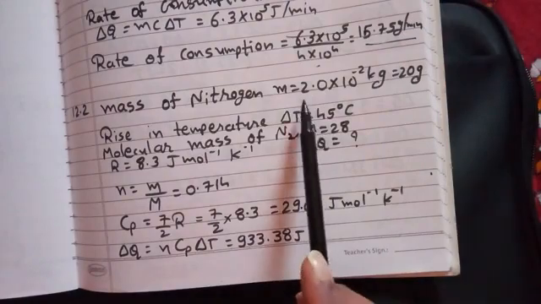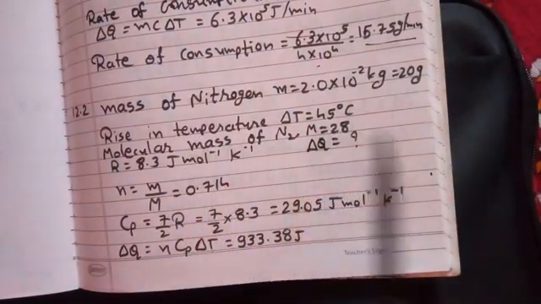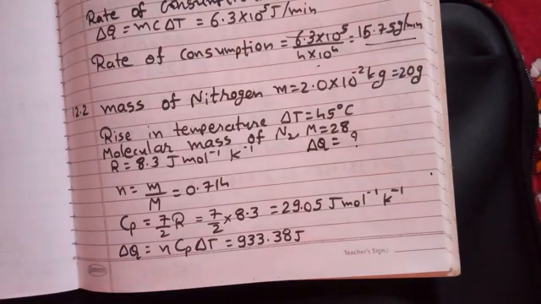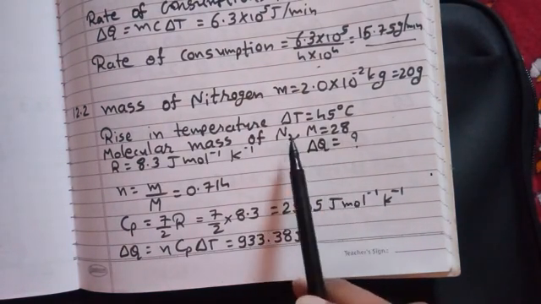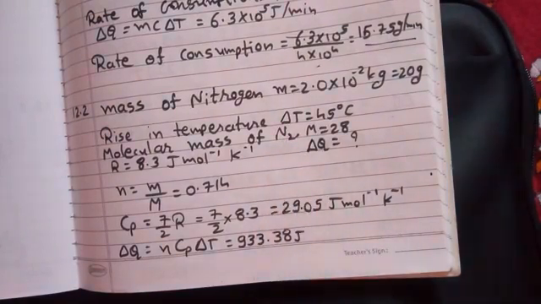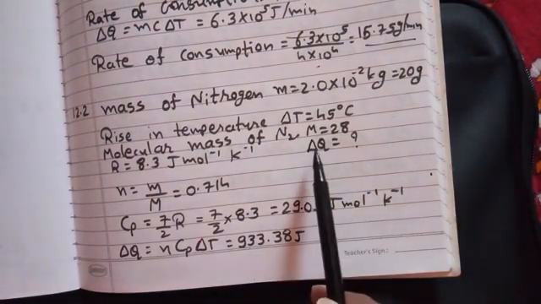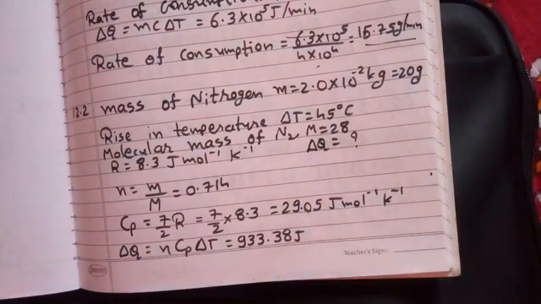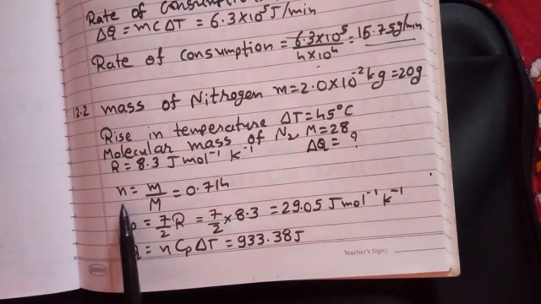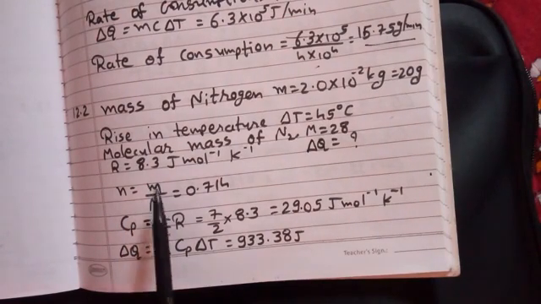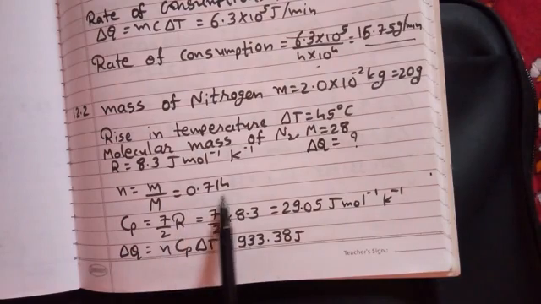Now in this second numerical, mass of nitrogen is given. Rise in temperature is also given, 45 degrees Celsius. Molecular mass of nitrogen, that is 28, right? Because here N2, N is 14, 14 twos are 28. R is fixed. We need to find delta Q. To find delta Q, we have to find n, number of moles. So to find number of moles,